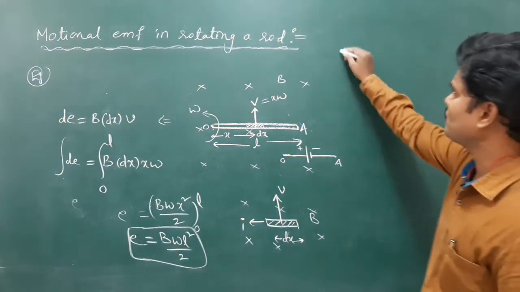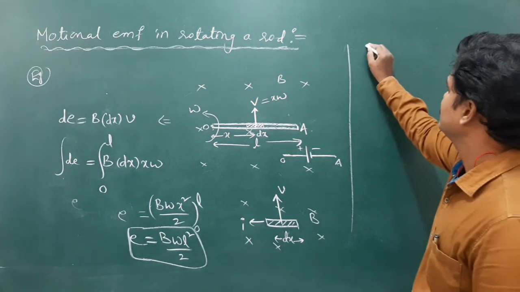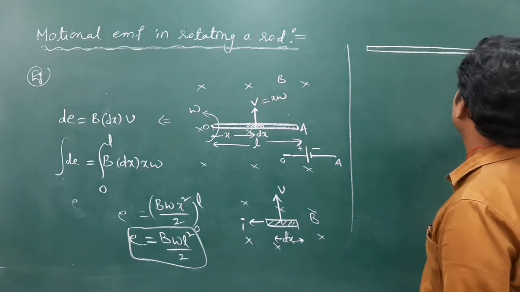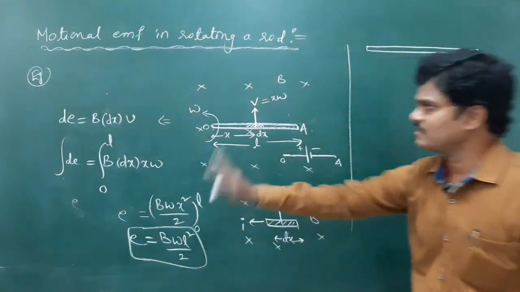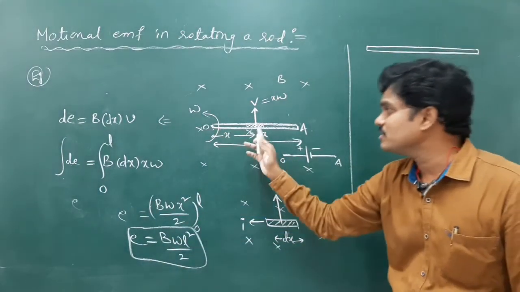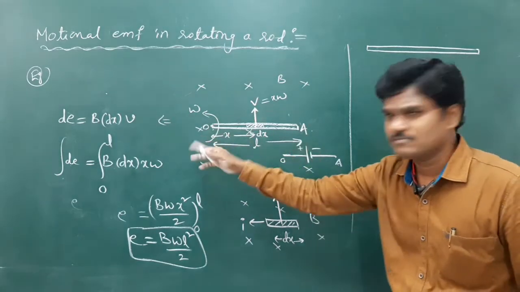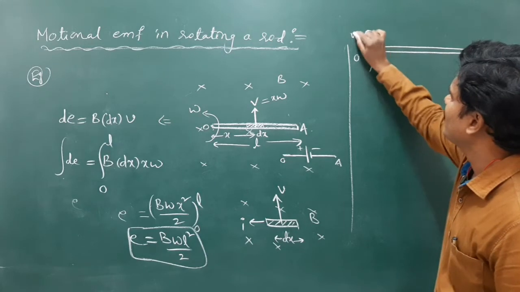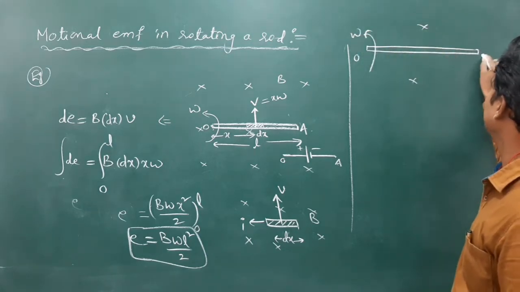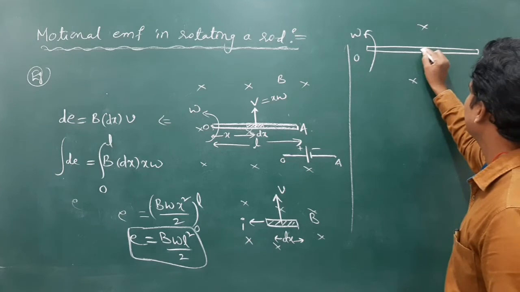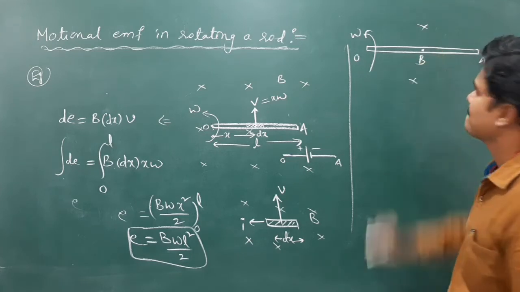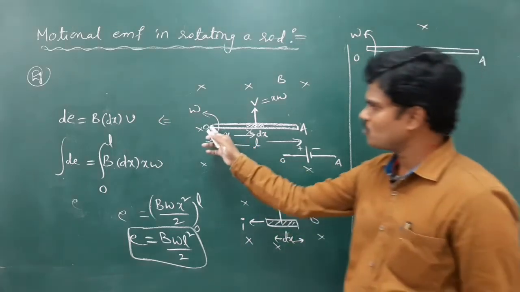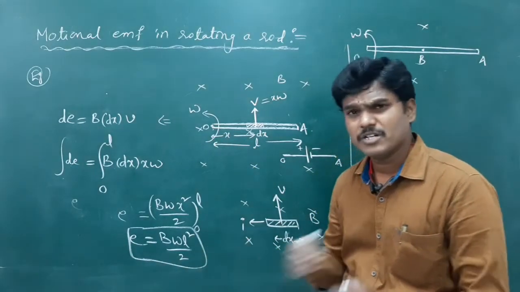Let us suppose the same rod, the same question. Now I am going to extend this one. Right now I have taken just the direct E. Next, let me find the potential difference between this point and this point, this point and this one, all the points. So here O, now the rod rotates with an angular velocity omega. Here let me take A. Here let me take another point, B. Now in this question, of course, the EMF about O is clear, B omega L square by 2.